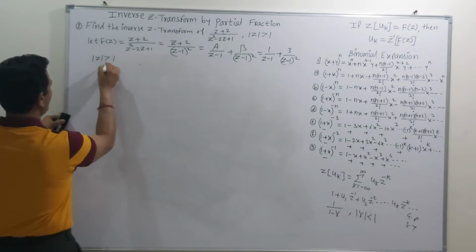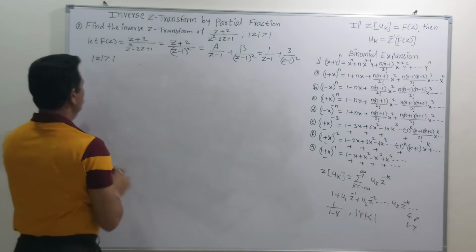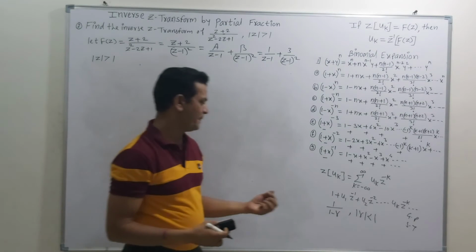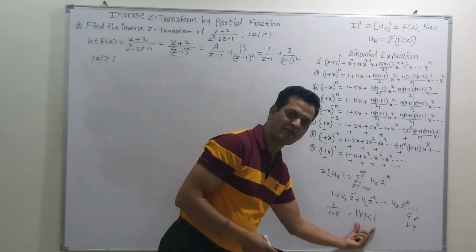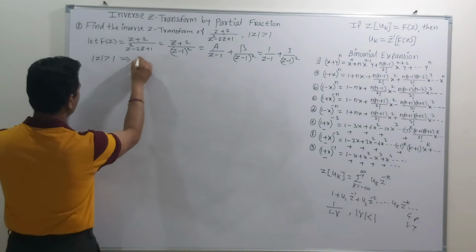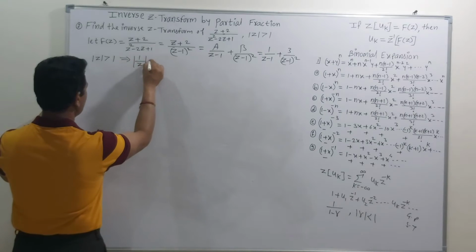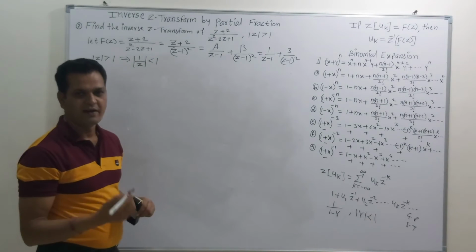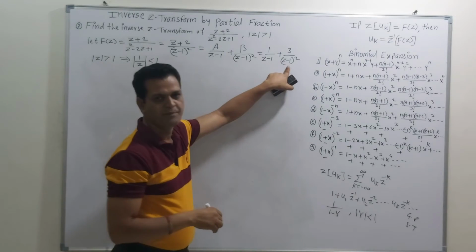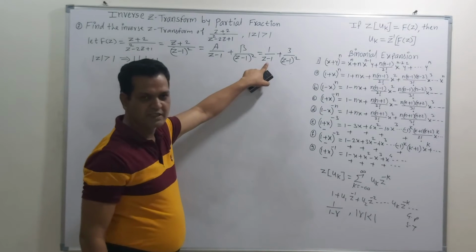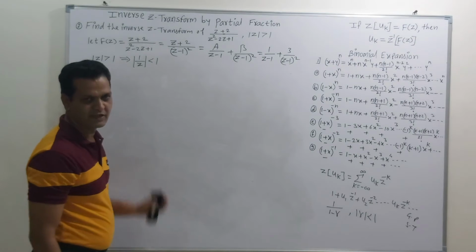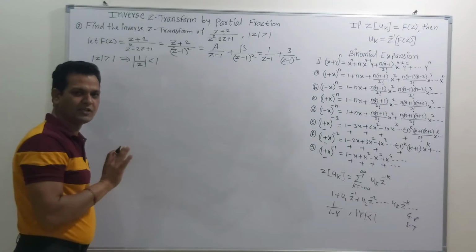After getting this partial fraction, try to write the condition. The condition on z is that mod of z is greater than 1. This is the region of convergence. But according to our concept, we require the region of convergence as mod of r less than 1. So we can write this as 1 upon z less than 1 after taking the reciprocal. Now friends, this is the first term and this is the second term. In both terms z minus 1 is there, so 1 upon z less than 1, which means only one condition is sufficient.